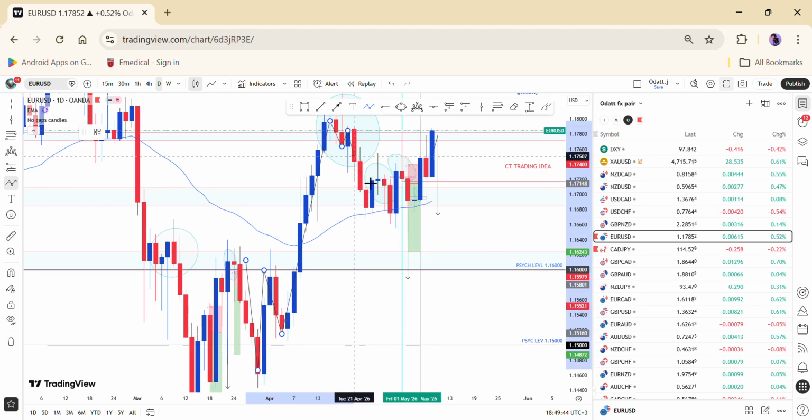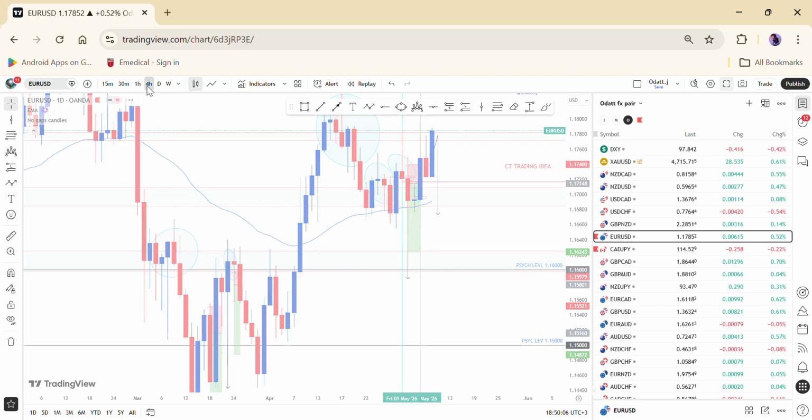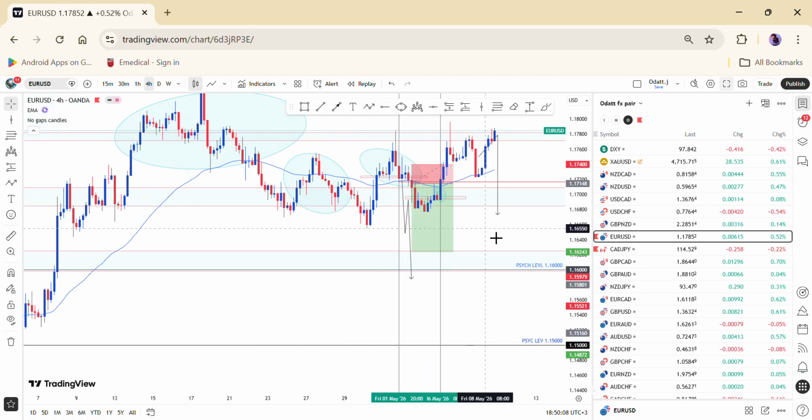So this was just a trend here. What I wanted price to do here was just to break and retest it, to continue moving to the downside. So for each time frame, as you can see,